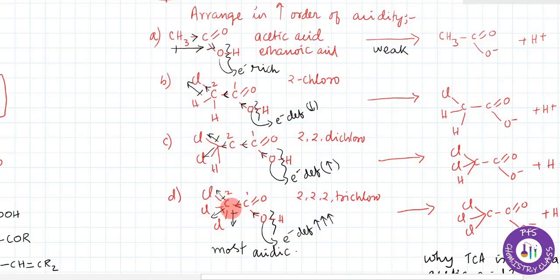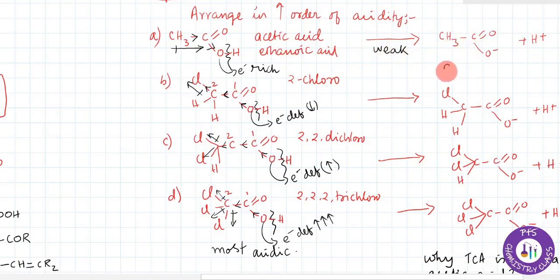So again, in the third compound, if you see, there are 3 chlorines, 1, 2, 3. So it is 2,2,2-trichloroethanoic acid. Now we have to arrange the following in the increasing order of acidity. Whenever you are asked a question like this, first you have to understand what is meant by acidity. Acidity means it has to dissociate to produce protons. That is what we call acidity. So when acetic acid dissociates, it will give H plus here, and